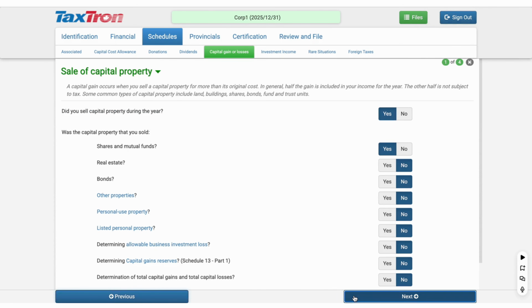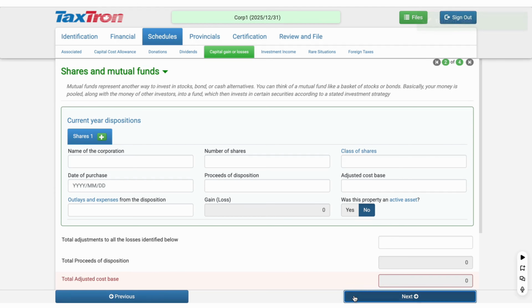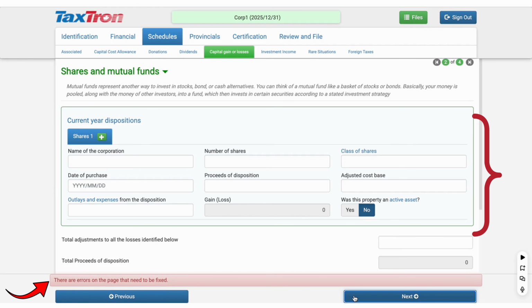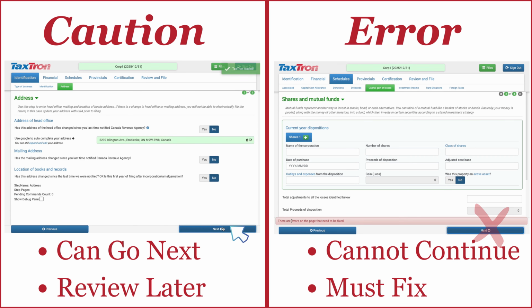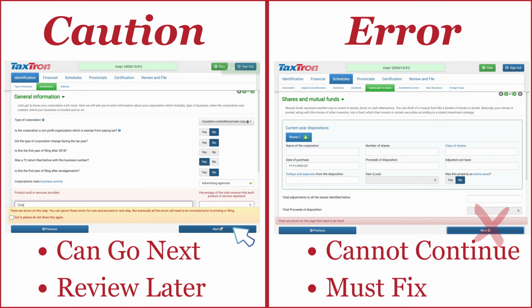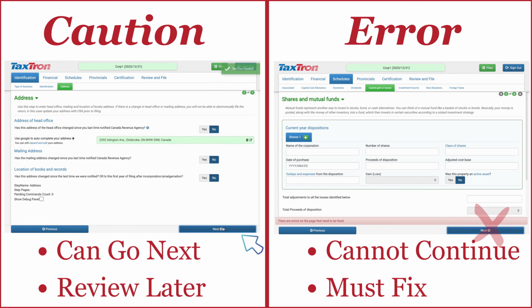Secondly, error messages. You may also encounter error messages which are highlighted in red. These indicate the required information is missing or invalid and must be corrected. Unlike caution messages, error messages identify issues that must be resolved before the tax return can be successfully printed or